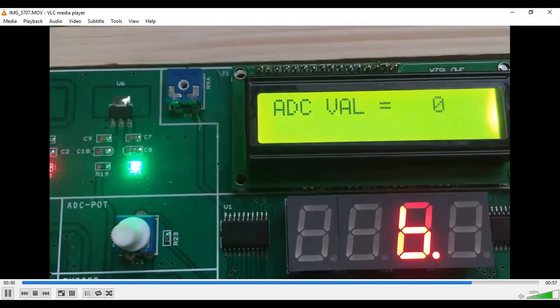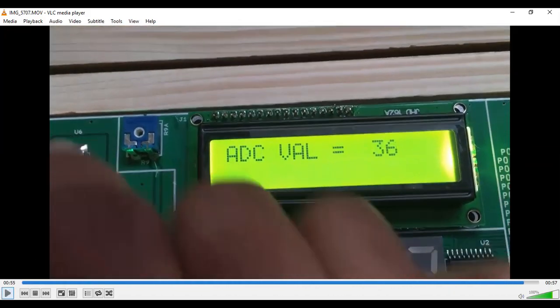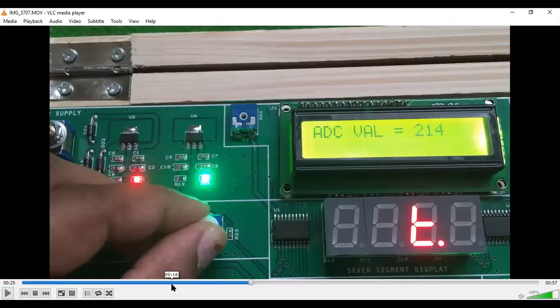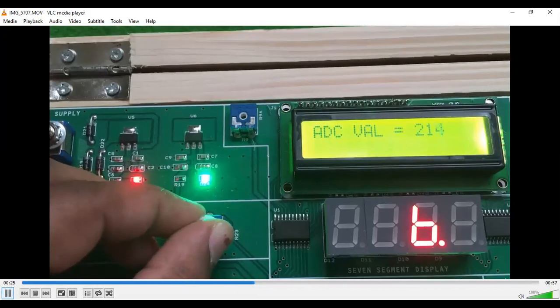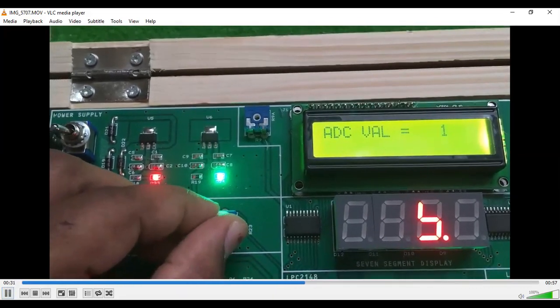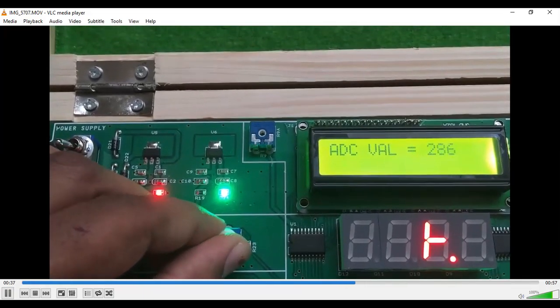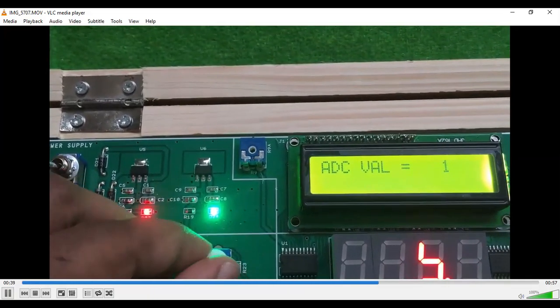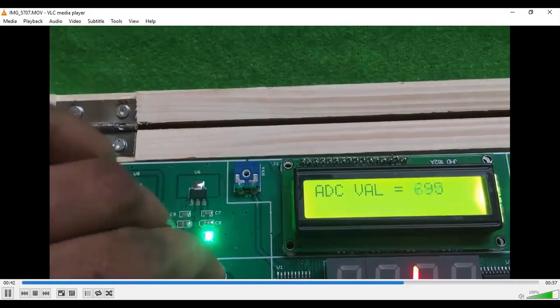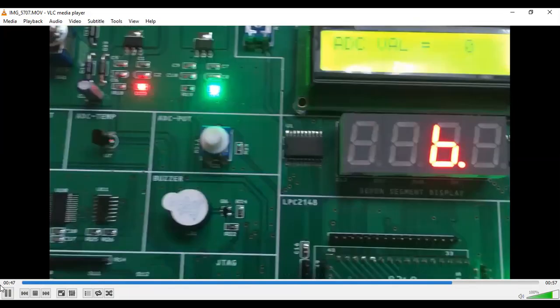This is all about the ADC value. It is converting the analog signal into digital data, and this is displayed on the LCD display. So this is how the execution happens. If you want, I will again explain. See, there is a change as we change the variable register. The value on this LCD display also varies. It displays from 0 up to the highest number that has been coded. So it will continue till the variation is stopped. Once you stop the variation, the value will also stay idle. It will not vary unless we change the variable register value.